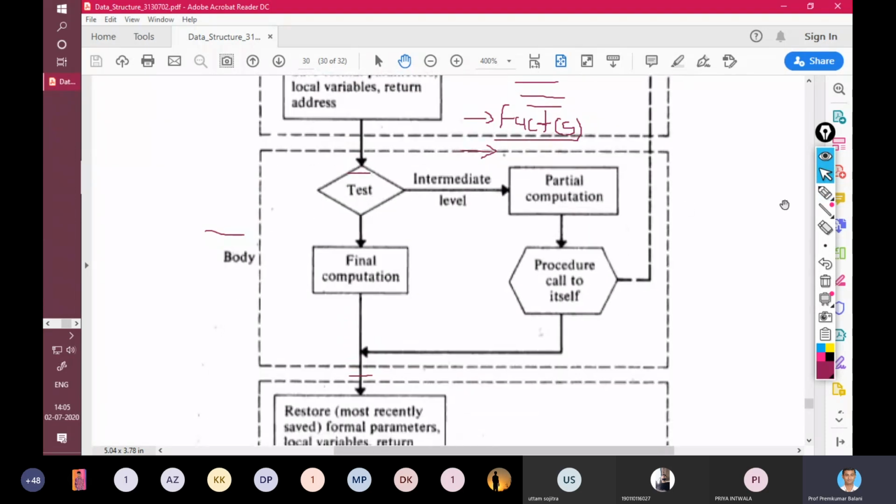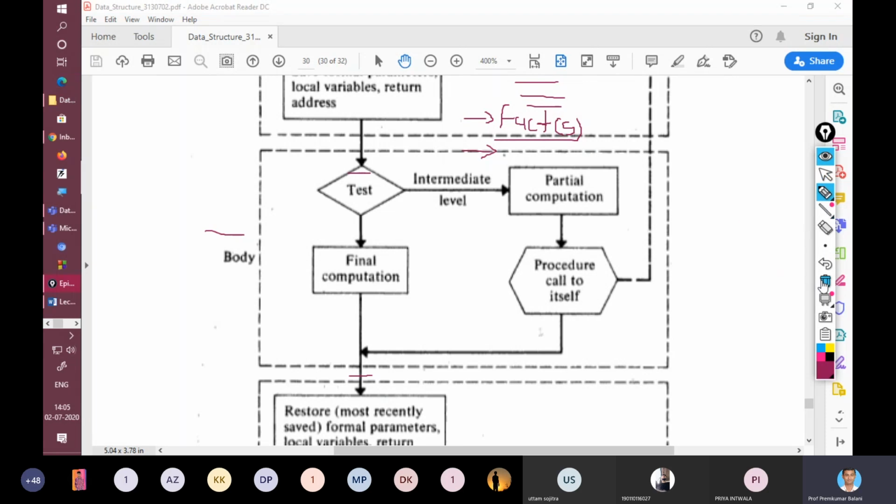Then next is the body. So what we do in the body? In the body part of this recursive process, we check the condition, right? We test, and if it is an intermediate level, that means in the case of this, what we say factorial, right?